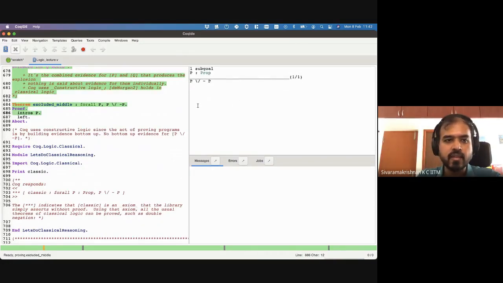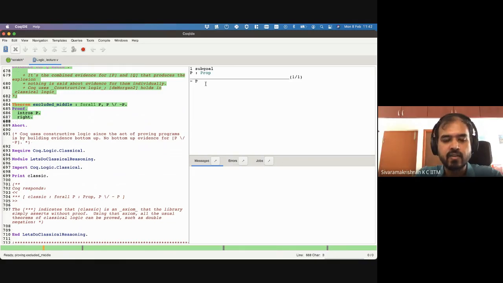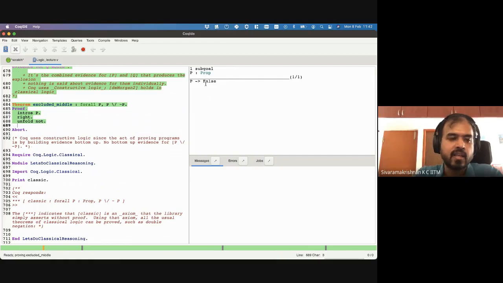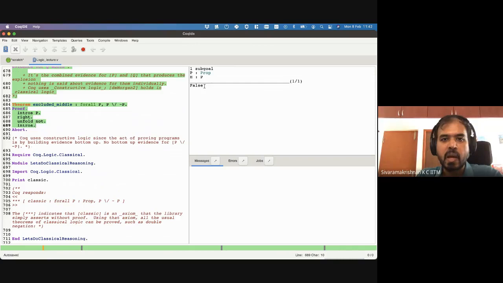You can choose negation. You can unfold not, so it's P implies false, and then you can do intros. I need to show false, but I have no contradiction in my assumptions in order to derive false. So I'm just stuck. This is the fundamental difference. This law of excluded middle is not a thing in constructive logic, and the reason why Coq uses